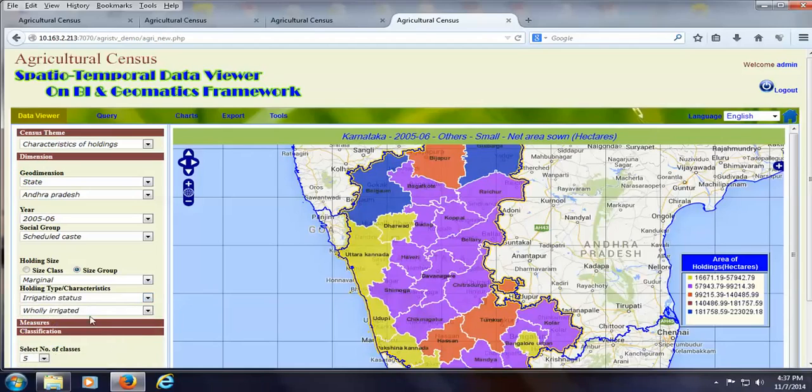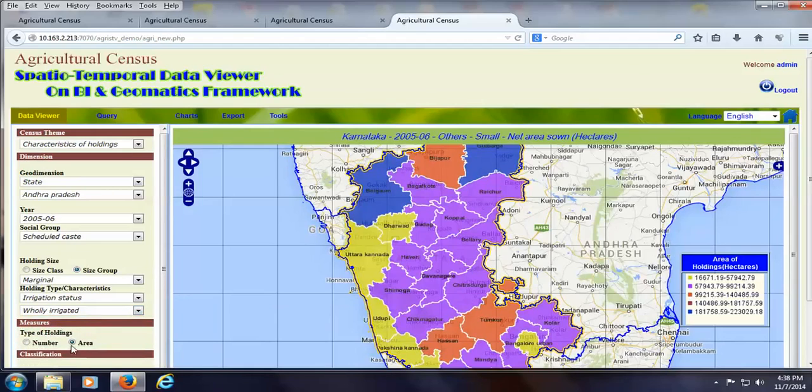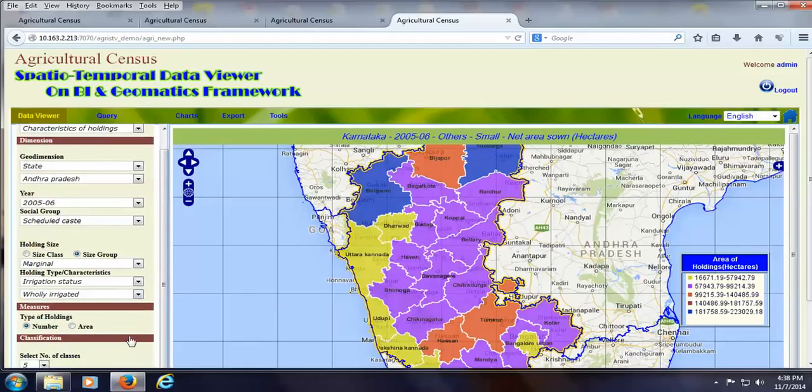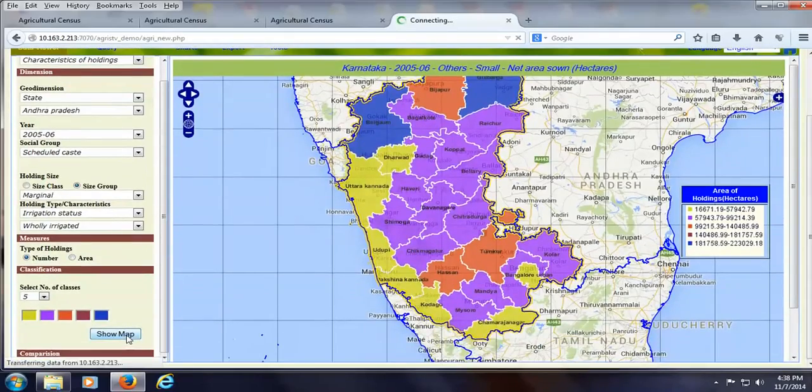Under irrigation status we can see the holdings which are wholly irrigated, which are wholly unirrigated, and partly irrigated, and the total, that is holdings which are receiving irrigation. So we'll check this wholly irrigated holdings. Under measure, now you can go for number, that is number of holdings which are wholly irrigated, and we can see